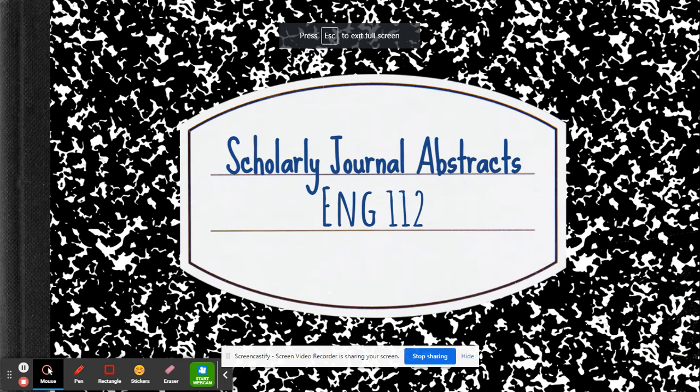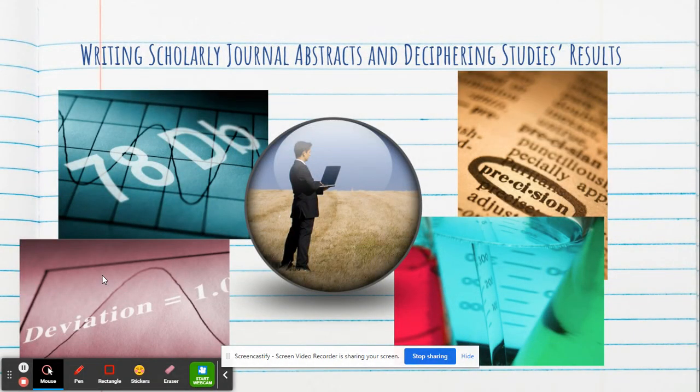Hello, today we're going to be talking about scholarly journal abstracts and why they're important not only to you as a researcher, but also for you as an academic writer. When we talk about writing scholarly journal abstracts, we're really talking about deciphering the results of a study or looking at the work of someone else and determining how it applies to our understanding of material or our creation of